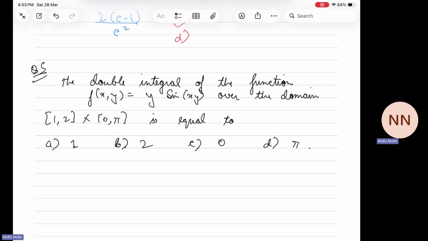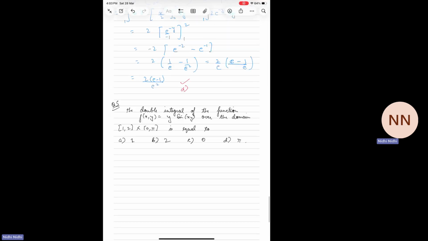Just go through the solution of the previous question first and then try to solve this question